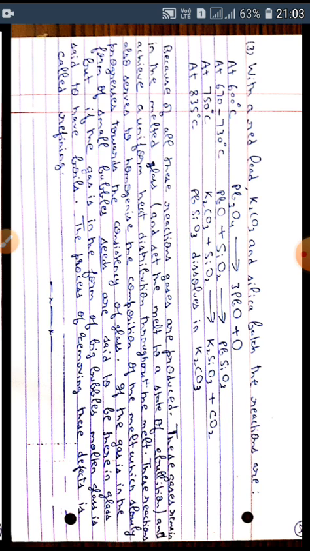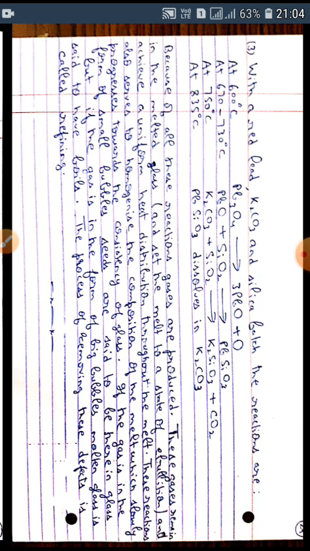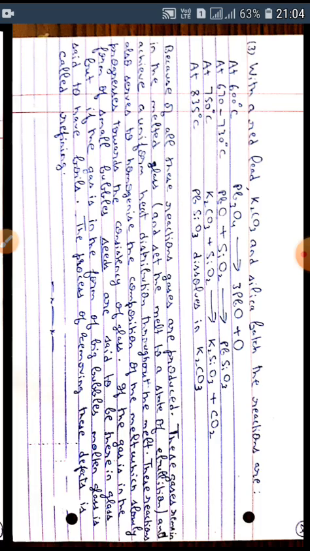If the gas is in the form of small bubbles, it is said that seeds are there in the glass. That is, these bubbles are known as seeds. If the gas is in the form of big bubbles, molten glass is said to have boils. The process of removing these defects is called refining. So these were all the chemical reactions which take place in the furnace. And since the process of melting occurs in the furnace, these are the chemical reactions which occur during the melting of the glass. Thank you.